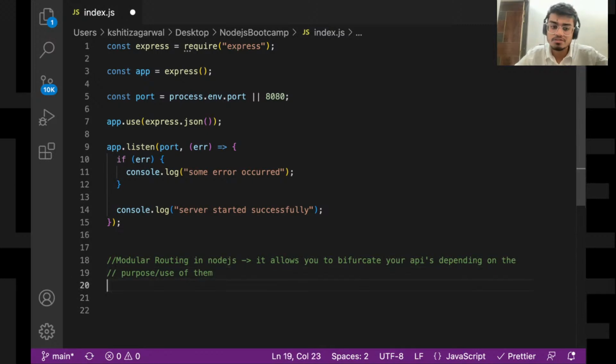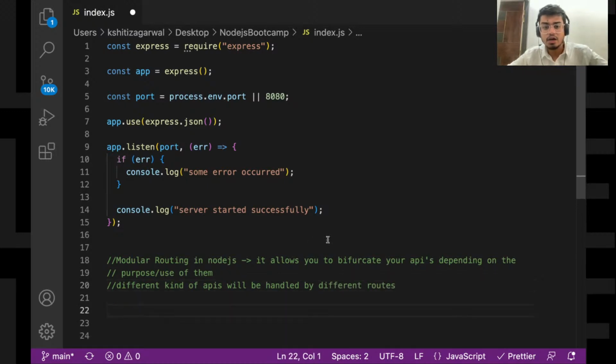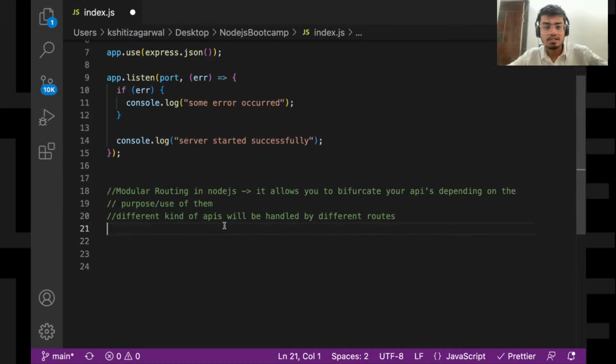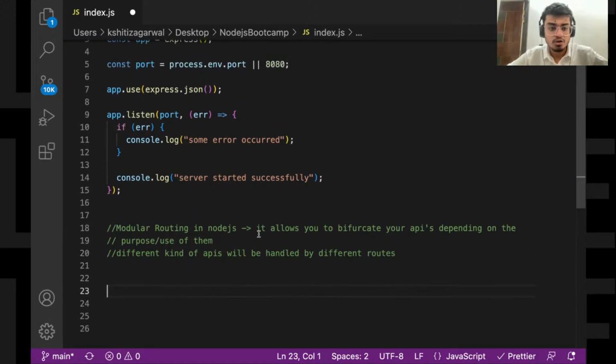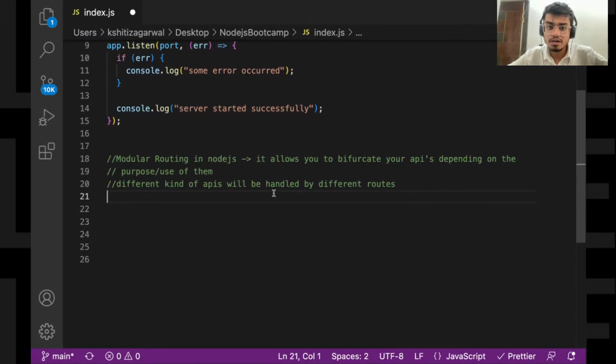Different kinds of APIs will be handled by different routes. Right now you might not be understanding, but when I start coding, you will get an idea. As I took an example, all your login or authentication related APIs will be at one place.